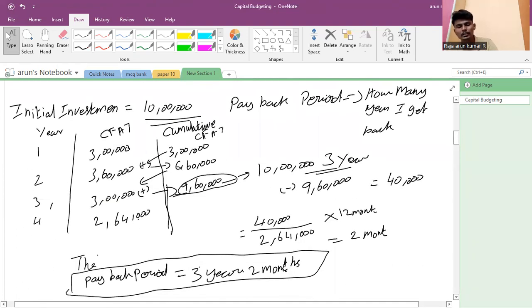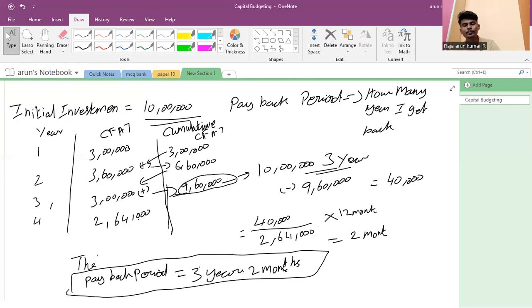First year 3 lakh, second year 3 lakh, third year 3 lakh, so 9 lakh. Adding another 3 lakh goes over, to 12 lakh, against 10 lakh. So we break in the third year, and we calculate the balance: 1 lakh divided by 3 lakh into 12 months. That gives us how many months the payback period is in the equal method of payback period